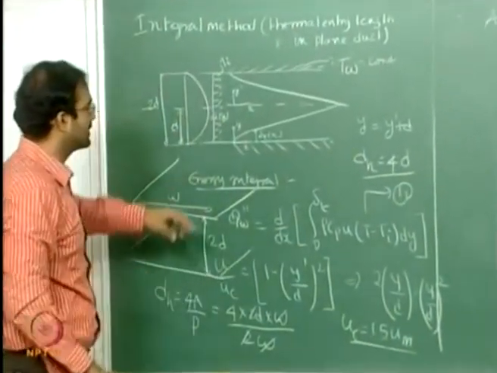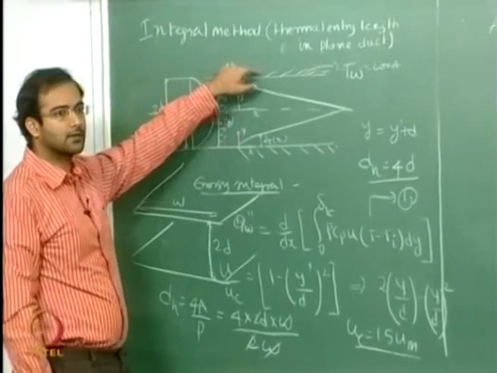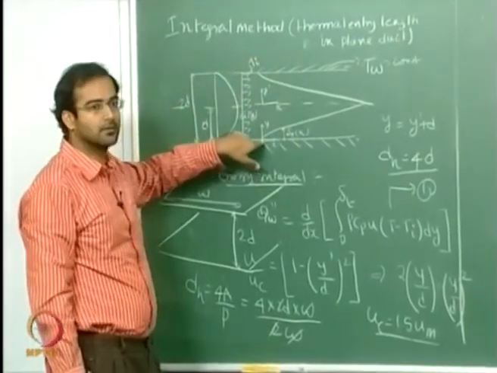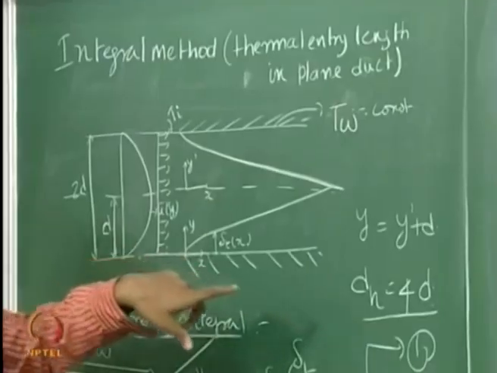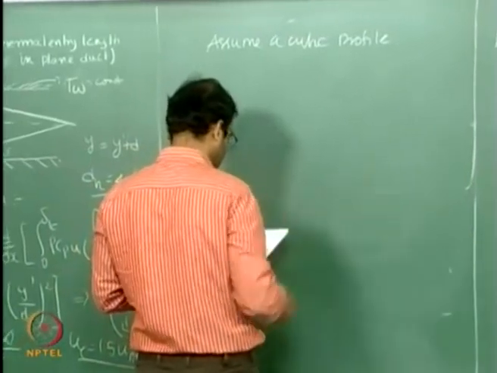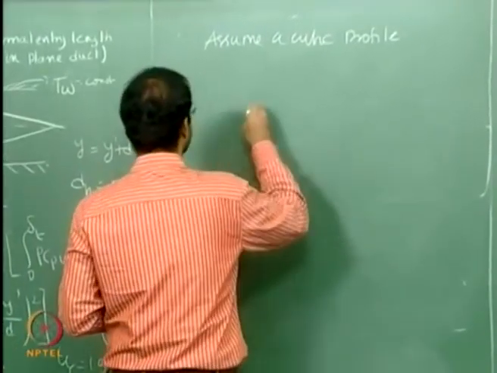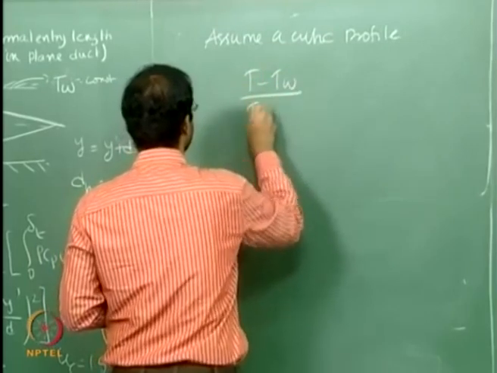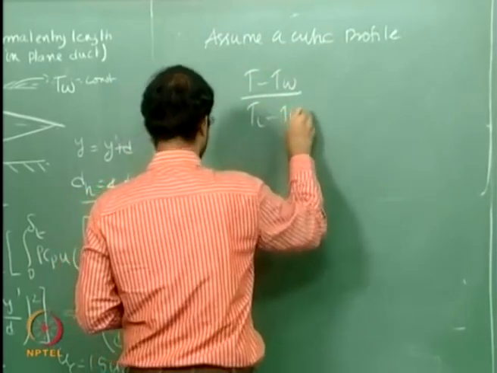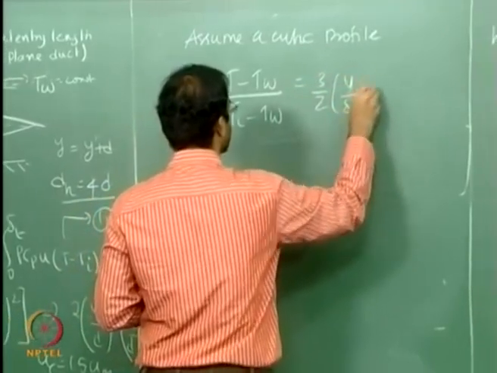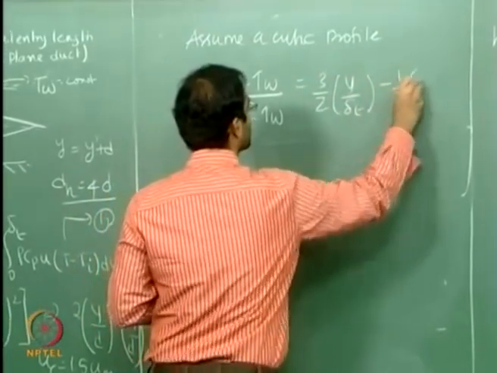So rather than saying the gradient is equal to minus q wall by k, you say that at y equal to 0, T is equal to T wall, which is a fixed boundary condition, and the other boundary conditions remain the same. You get a profile which is something like this: (T minus T wall) by (Ti minus T wall) equals 3 by 2 y by delta t minus half of